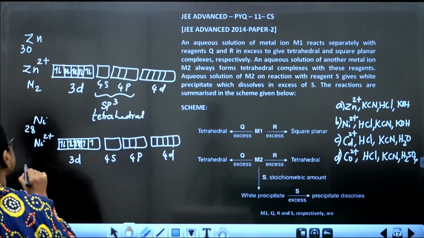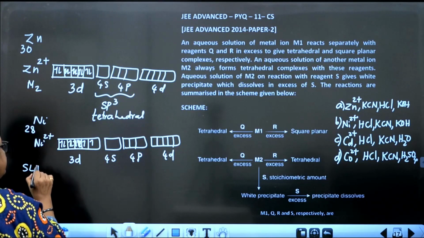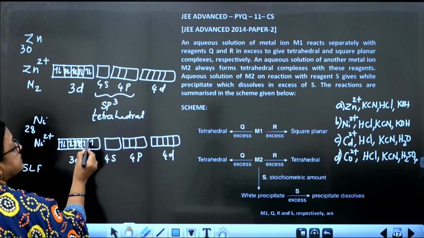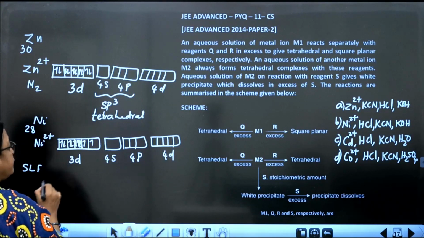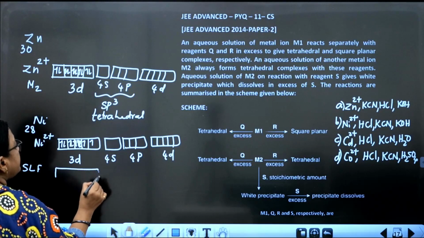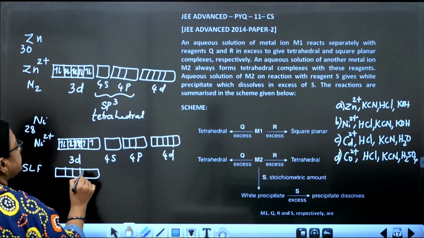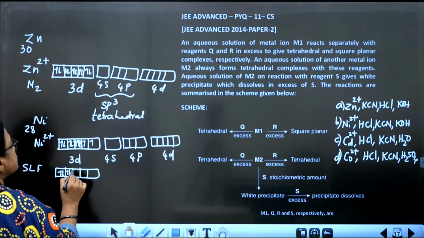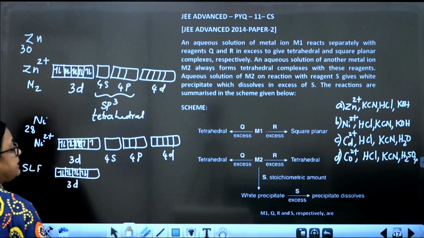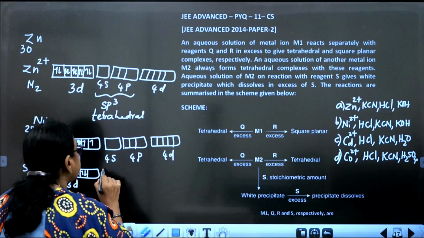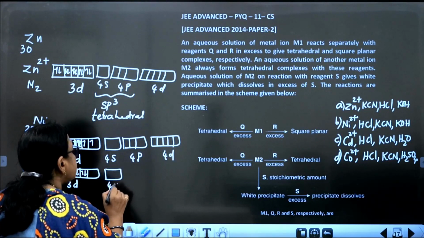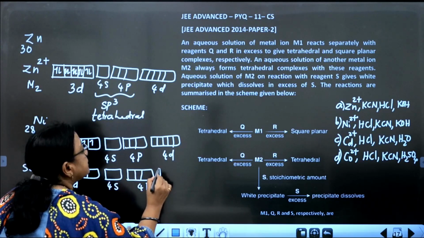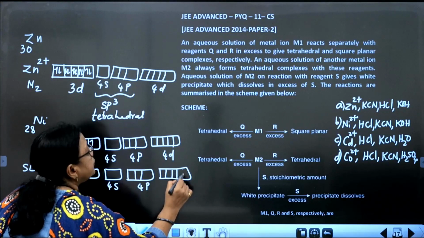So in presence of a strong ligand field, the electron from the 5th orbital can pair up with the one in the 4th, and you can get a vacant d orbital in 3d. So in a strong ligand field, electrons are forced to pair up against Hund's rule so that 3d can contribute,